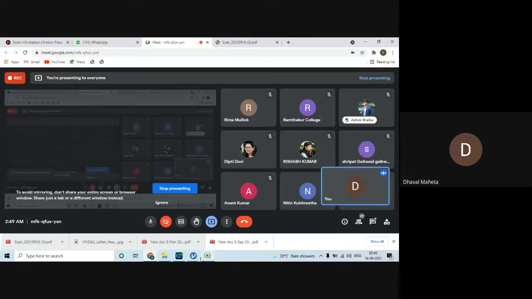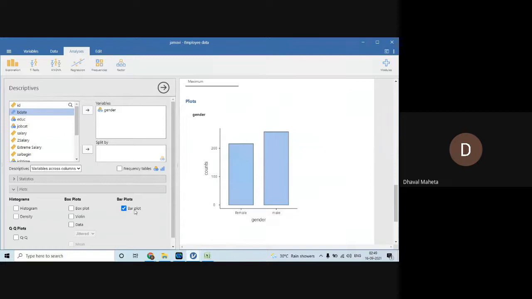Okay, next thing. Can I make a graph of job category?